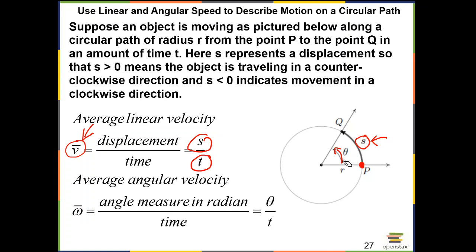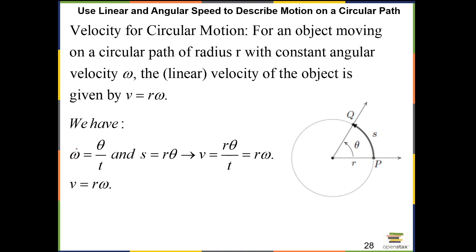Now, there is another type of velocity, and that's called angular velocity. Angular velocity is how much angle it makes per unit of time. How much angle in radians divided by unit of time. And that's angular velocity, or omega. So we have omega, which is angular velocity, is the angle divided by time, how much time. And then we have linear velocity, which is